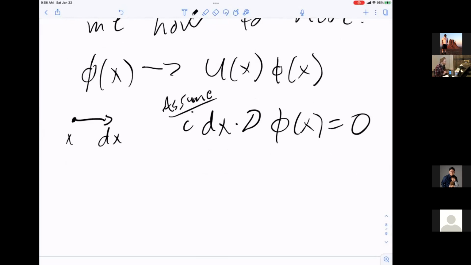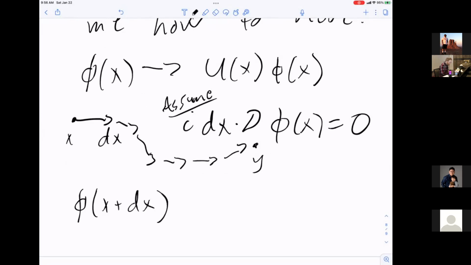Off of this assumption, I'm going to start repeating that assumption over and over again, because if I have a bunch of displacements, I can eventually build up a path. And that will show us how to move the gauge transformation at this point x to some point y. Now, if I'm actually going to move this operator, then I actually want to look at the point x plus dx. And if I expand that out,